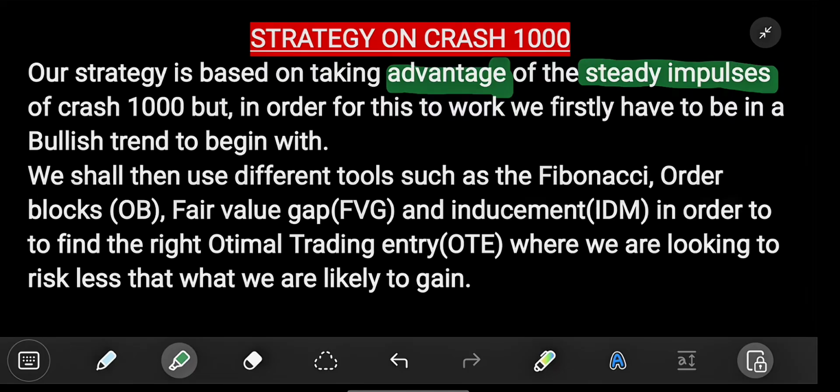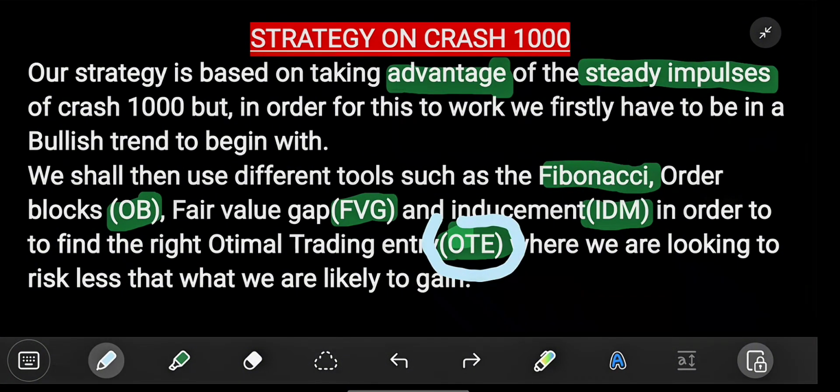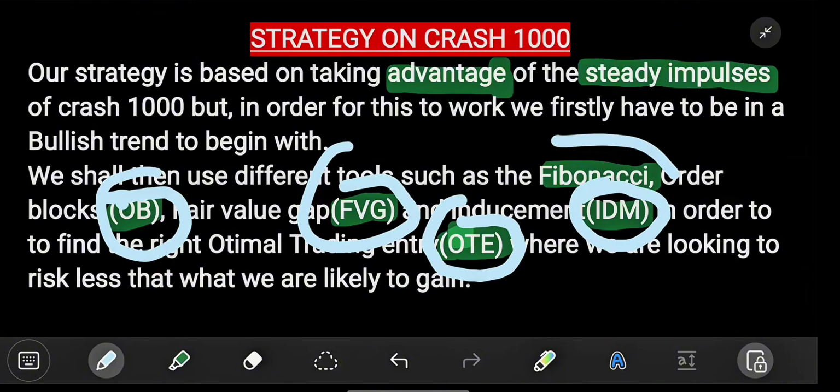So the important things here are we shall use different tools such as the Fibonacci, our order blocks, our fair value gaps, our inducement, in order to just find this. So what we're trying to do is find this. Okay, we're trying to find this using that, and that. Okay,